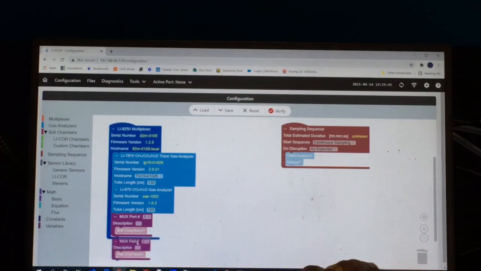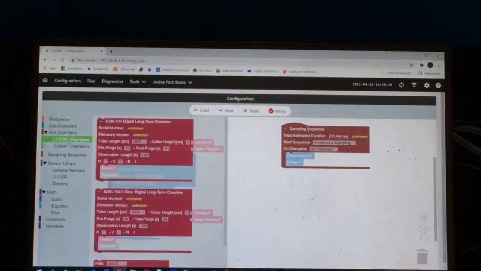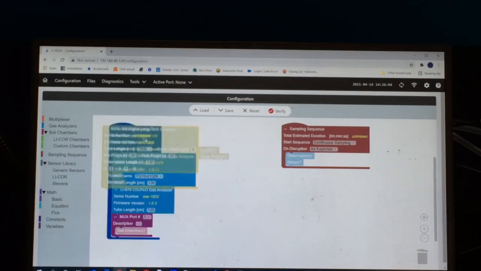So I'm going to delete that one here, and I'm going to add that chamber. In this case will be a LI-COR chamber. So I have different choices. We have the long-term chamber and the clear long-term chamber here. I have the long-term chamber, which is the opaque one. I'm going to drag and drop it,